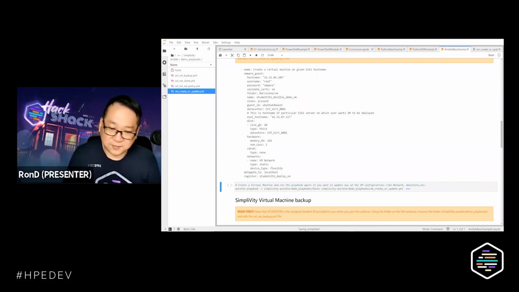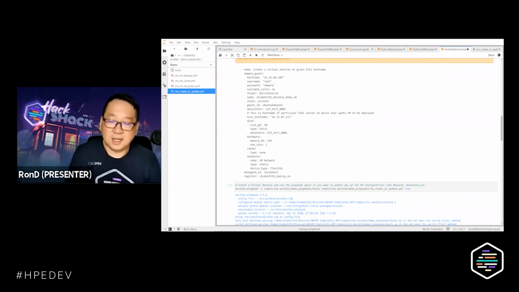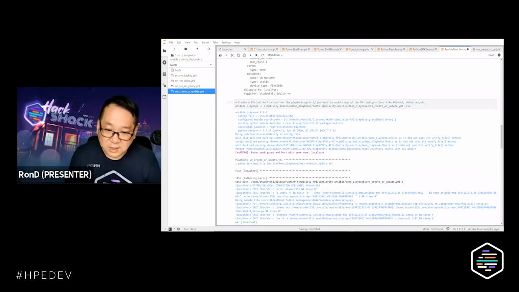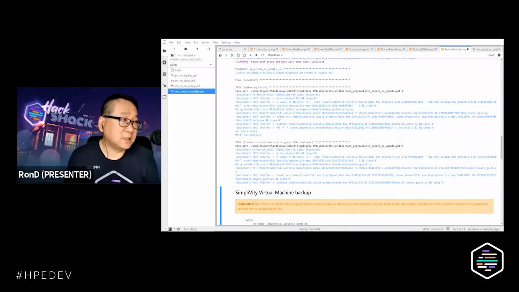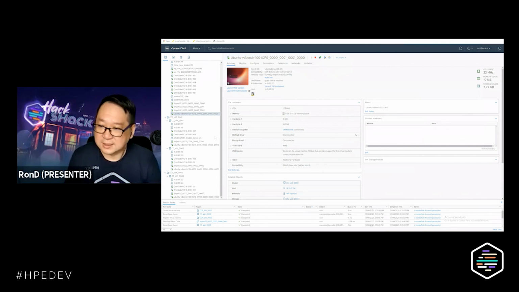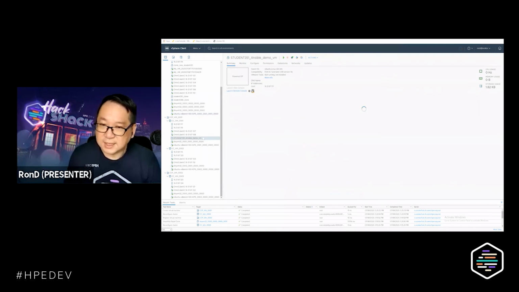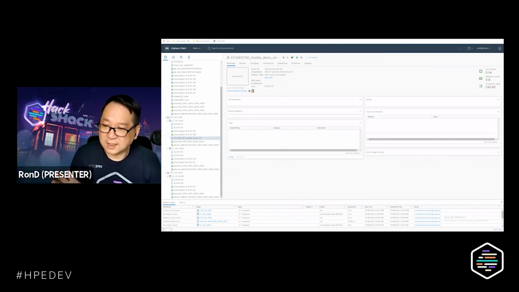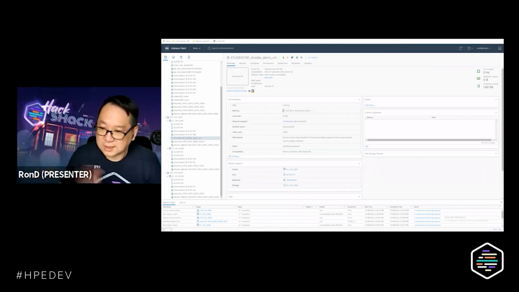And the operation is very simple here. What we are doing is creating a virtual machine and click on the play. Once it's happening, you can see all the activity that is going on. But let me show you guys what happens inside the vCenter. Voila. You can see that this particular virtual machine that has been defined inside the Ansible is actually available there. So what about if I delete this?